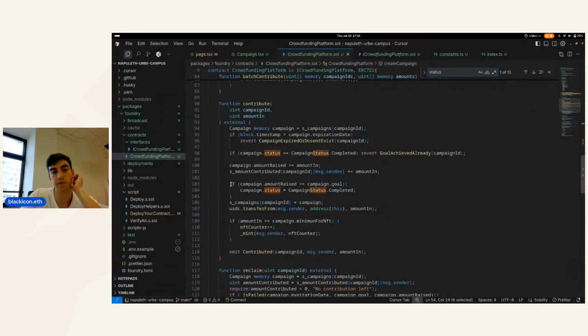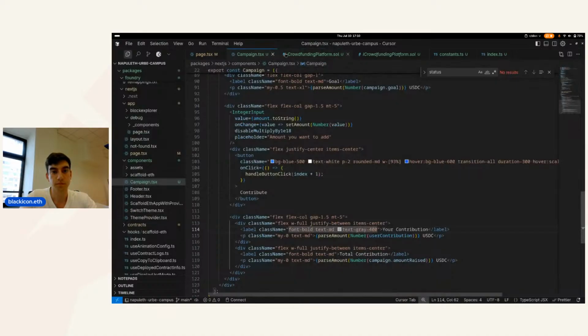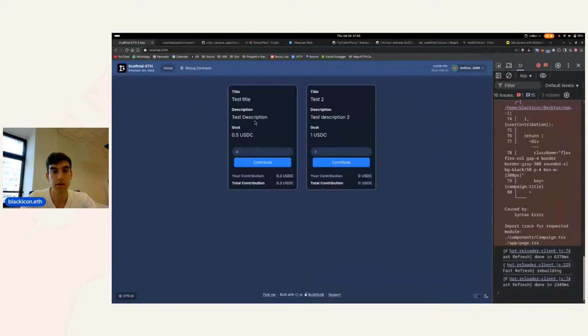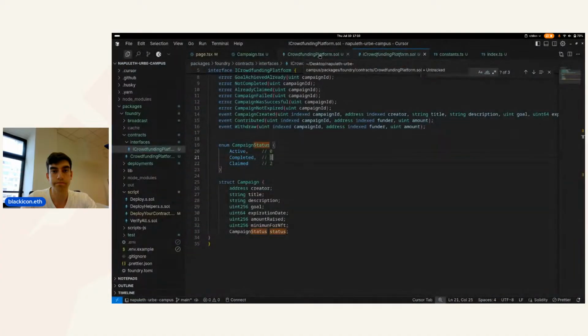Yeah, for example here, if the amount reaches the goal, in the Solidity code it also sets the campaign status to completed. So the claimed one, I think, is when the creator of the campaign can retrieve the money from a completed campaign. We'll just check if it's active or completed for now. So if it's